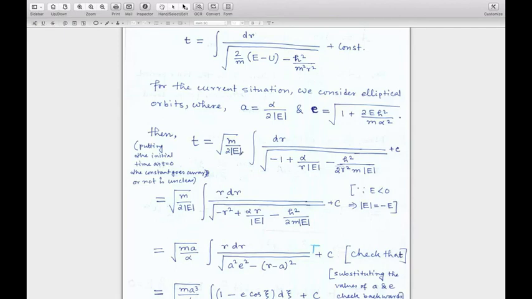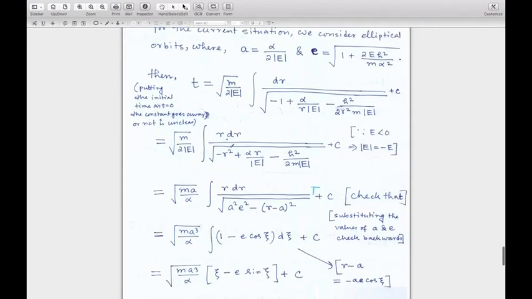Remember, when you take this mod e, or rather square root of mod e, outside the integration, just remember that in our case e is less than 0. We are just discussing the case where e is less than 0. That's why our mod e will simply be equal to minus e, and that's why this minus sign comes. Then again you can write that this one is equal to root over m by 2 mod e